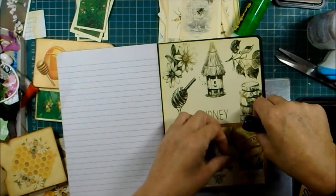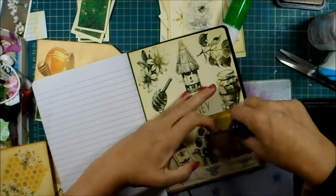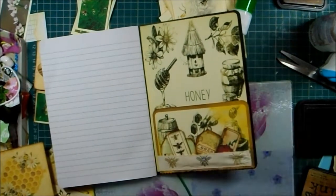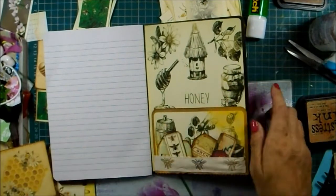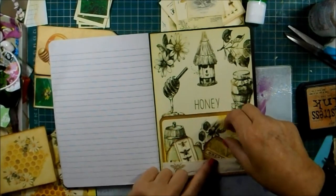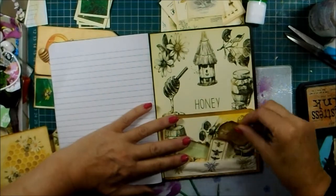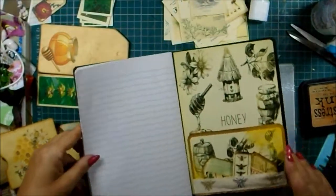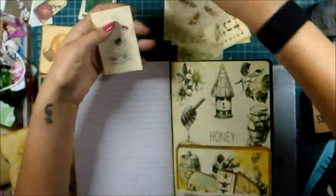Right, hang on. We'll go like that, and then like that. There they are. And I'll put this one over here. I'll probably use that in another one. I might put one of the tickets over there as well. We'll have those there like that. Right, and I think I'll save that for another one. Although I can always print it out again. And I might put one of my smaller bits